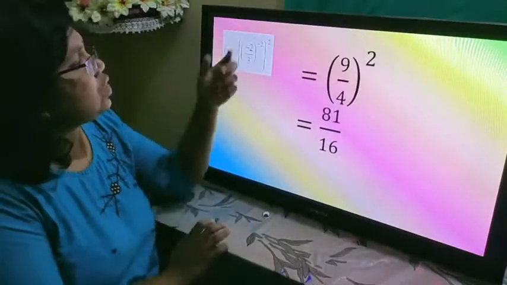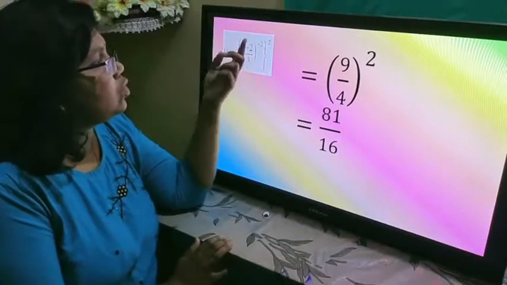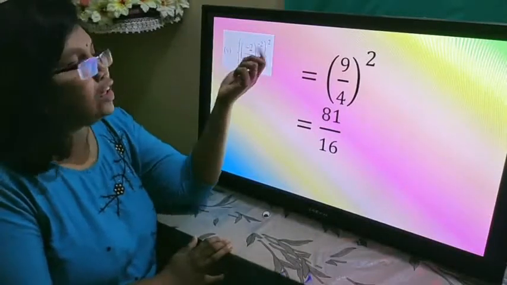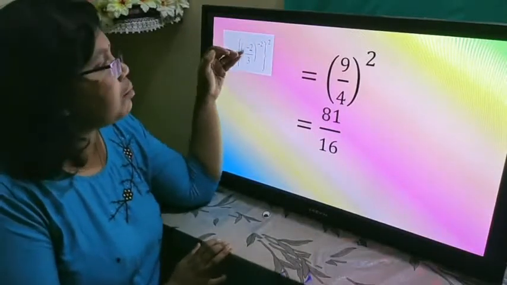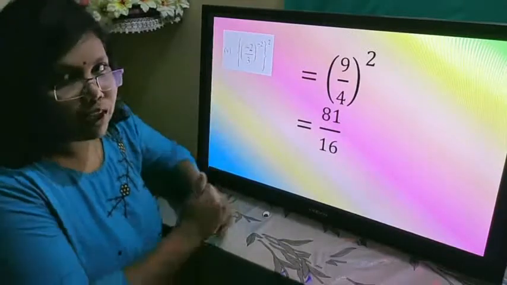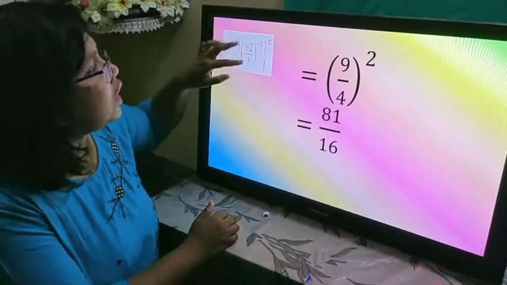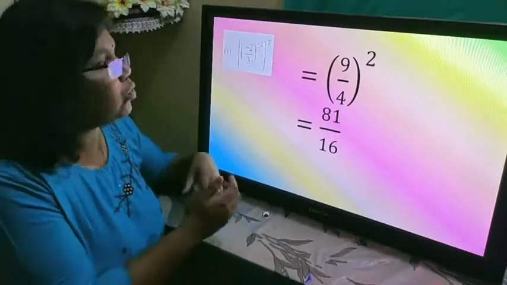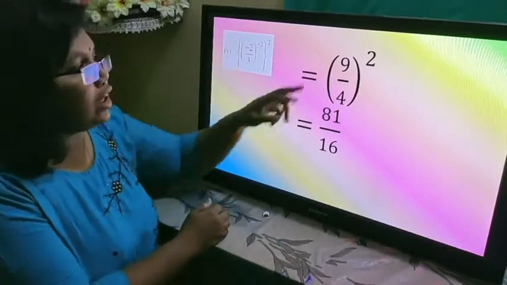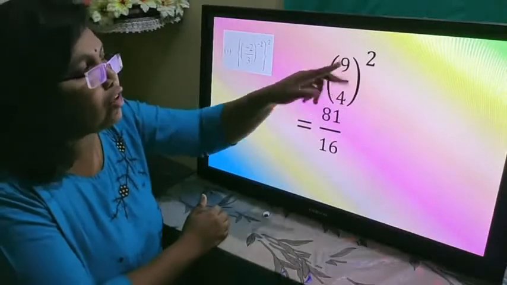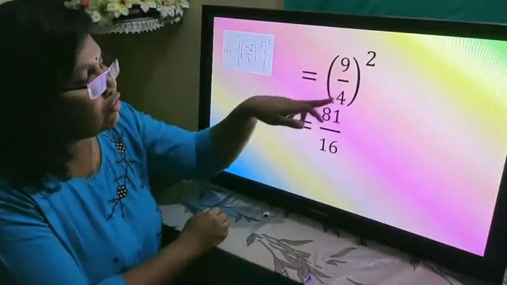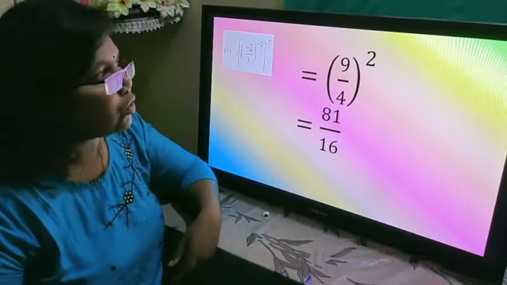Now the next question we have minus 2 upon 3 raised to minus 2. The entire thing again raised to 2. Now here we have a negative exponent. So we have to get the reciprocal of it, that is minus 2 upon 3 squared. Now when you square minus 2 and the 3, you get 9 by 4. Again 9 by 4 is squared. So 9 squared is 81, 4 squared is 16. That's how we could get the answer.